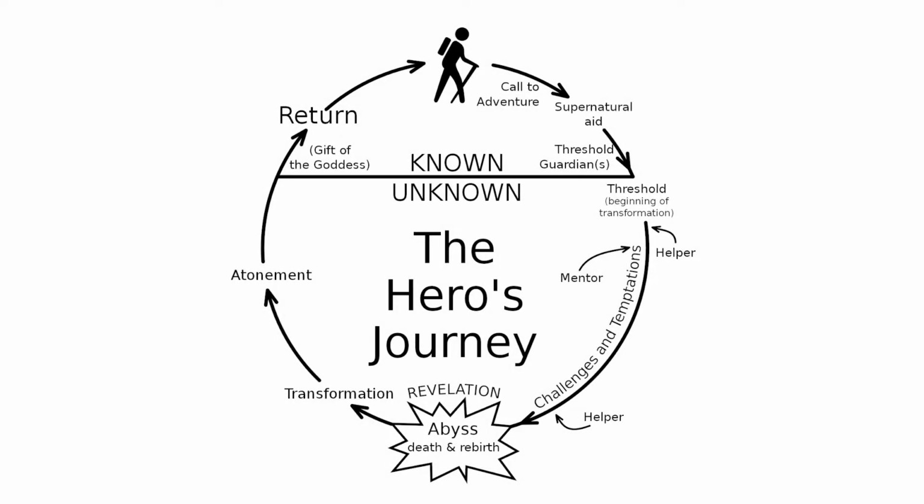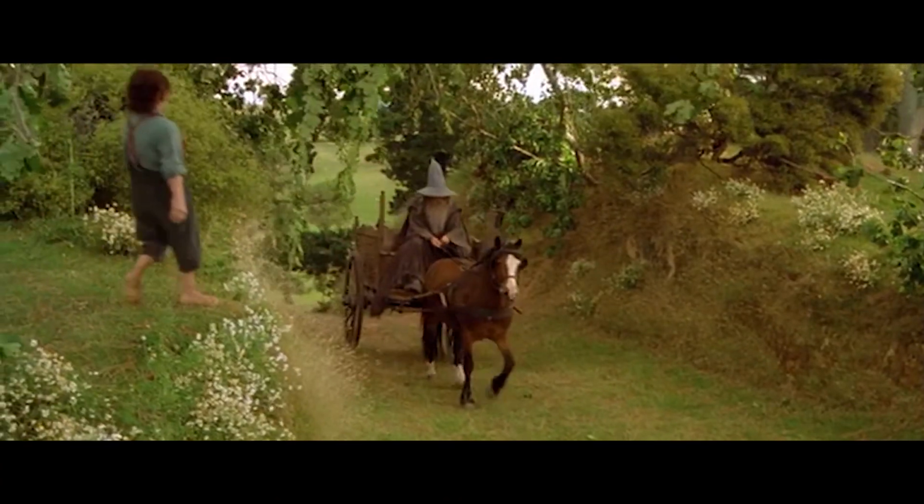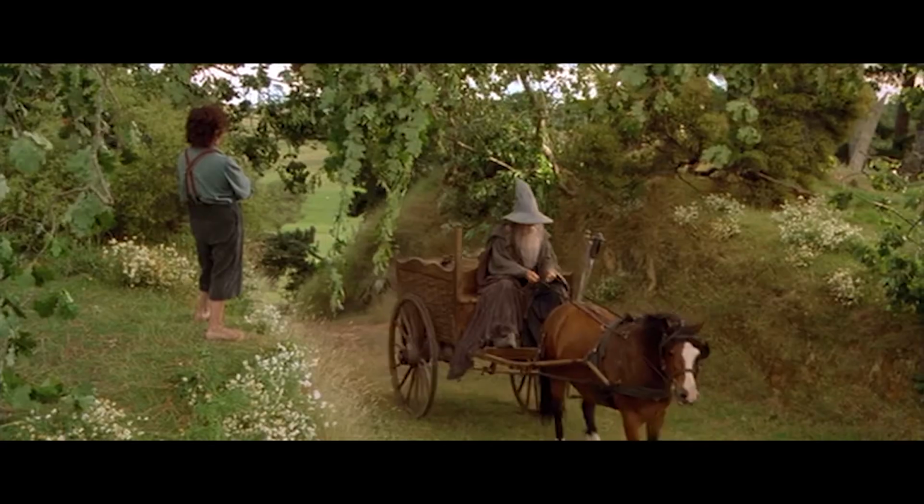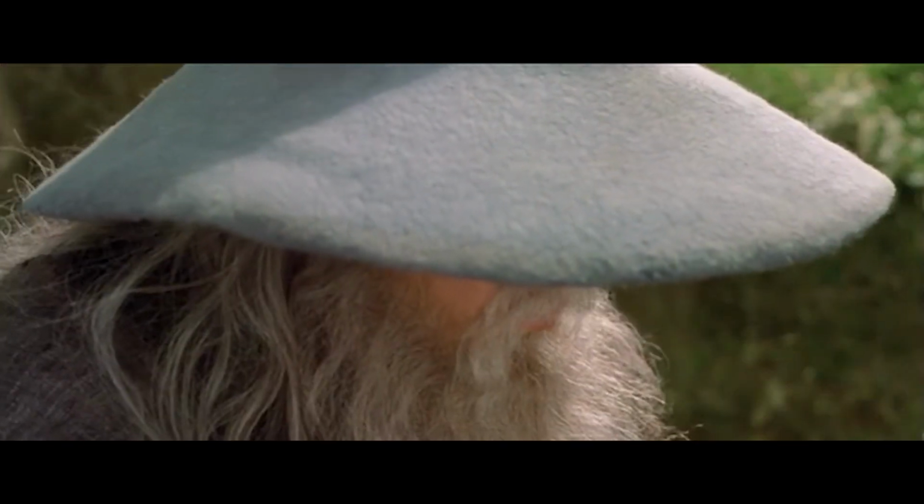The Hero's Journey, or Monomyth, is a storytelling template originally developed by Joseph Campbell, listing a series of steps that work as a structural guideline for stories to follow. Some of the most popular works of fiction of all time, such as the writings of Tolkien, seem to fit within the monomyth almost perfectly.